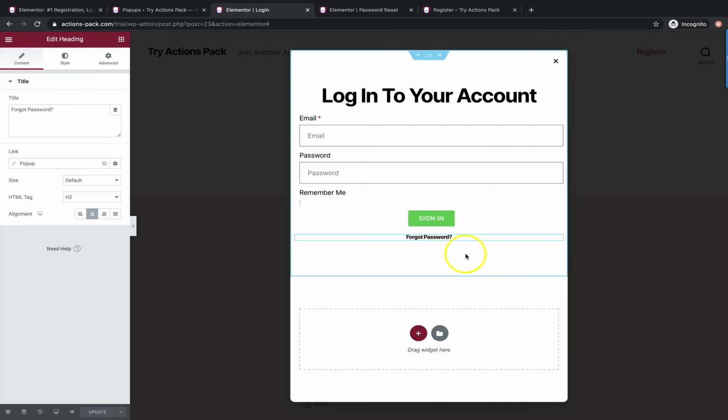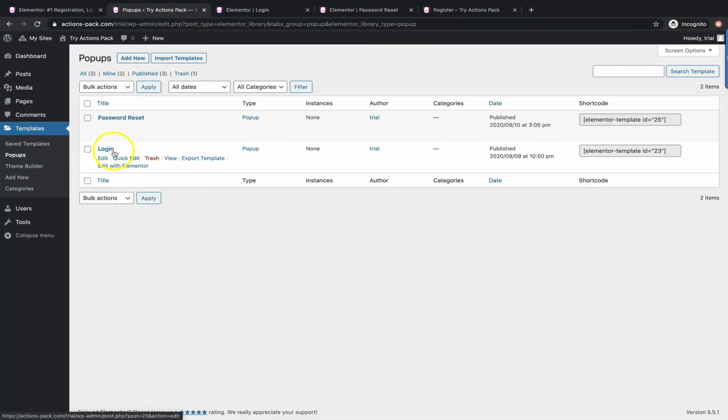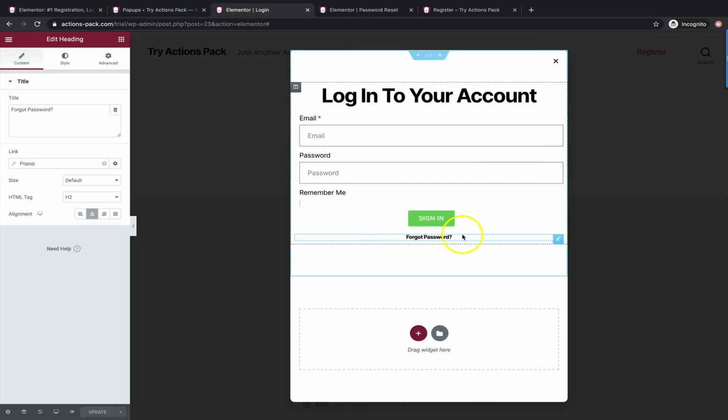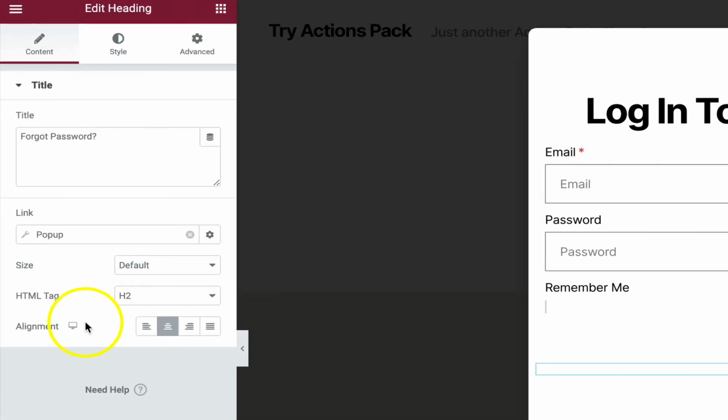So to connect the forgot password text with the actual forgot password or reset password form, this one here, to make this connection between the two, all I did, I'll come to the forgot password field here, and you can see there's a link entry here. What I'll do, I'll delete that and I'll re-enter this so you can see how I created that.